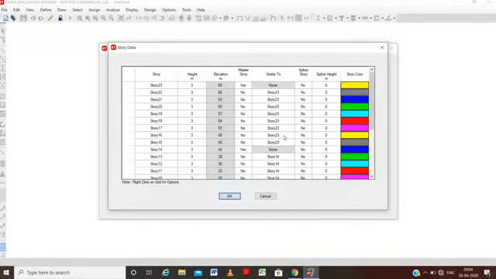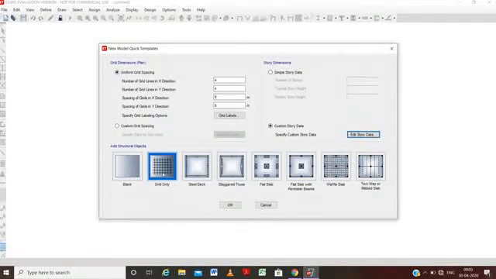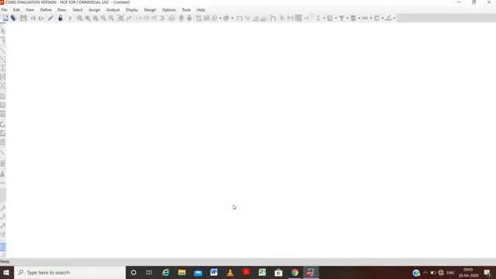And now the next set was from 15 to 19, so 19 will become a master story, and below this all will be under the 19th story. Just keep it in default and press OK, and then go to grid lines and OK to take the modeling.